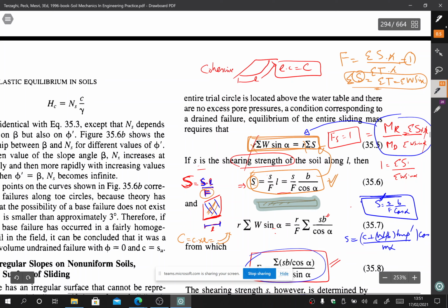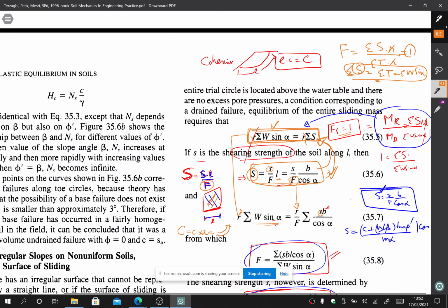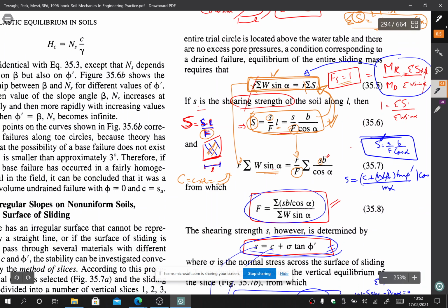All right. So we discussed that we have developed this equation because factor of safety equal to 1, and we learned that the shear strength is equal to unit shear strength over factor of safety into length. Plugging the value of L, it is B over cos alpha. So we have this equation here. Now this value of S is placed in the above equation. So we get this equation here that summation of W sine alpha is equal to 1 over F, where F has been taken out, times SB, unit shear strength into width of the slice, over cos of alpha. Okay, and by rearranging for F we get this equation.